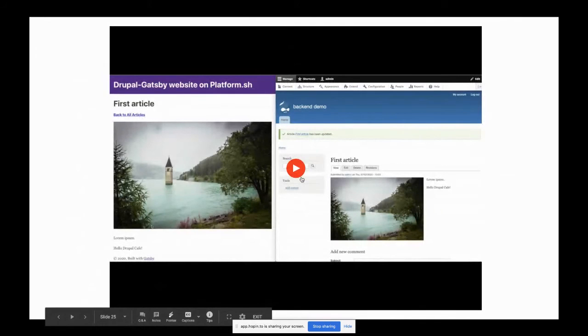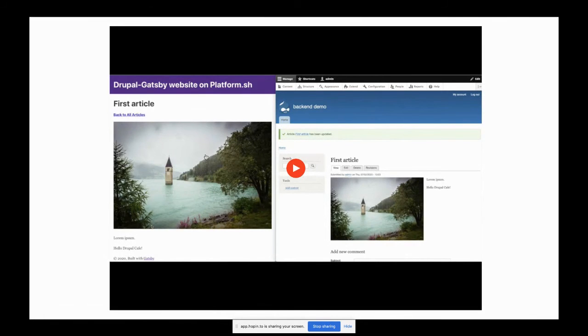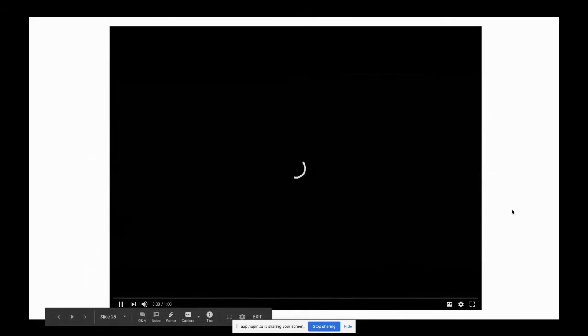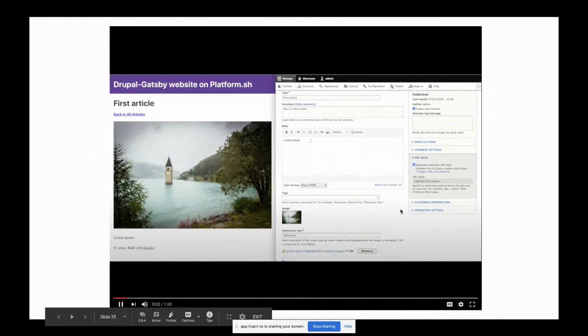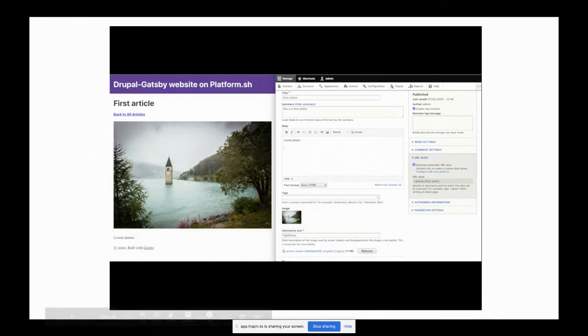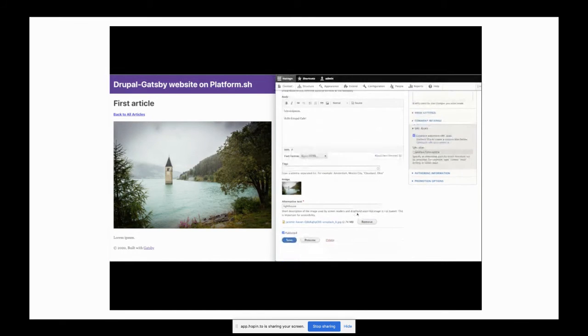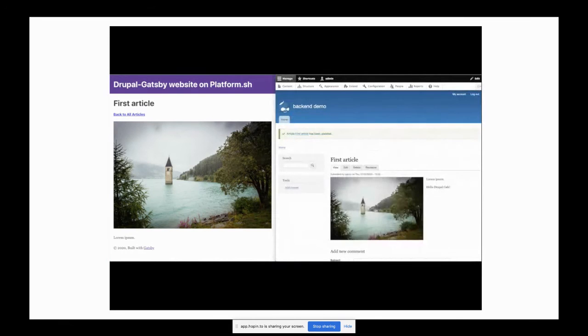And so I have a preview of it here. I have side by side a development environment on platform, where here is our Gatsby front end site. Looks the same as I showed you in the last one. And I have our backend Drupal site. And so I can take the body text. It's a little bit of an older screenshot that I showed to a Drupal cafe. But as soon as I save it, after a moment, it should update that. There we go. It'll update the content on that front end development